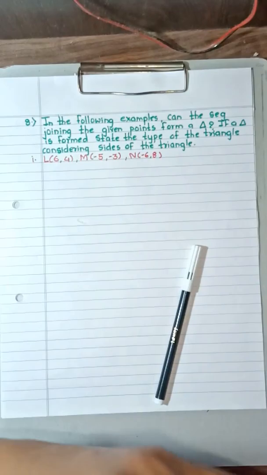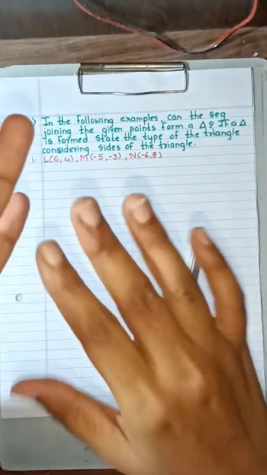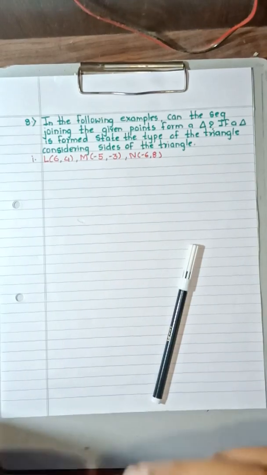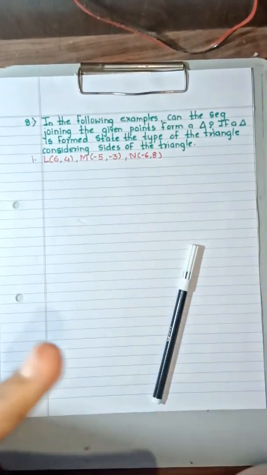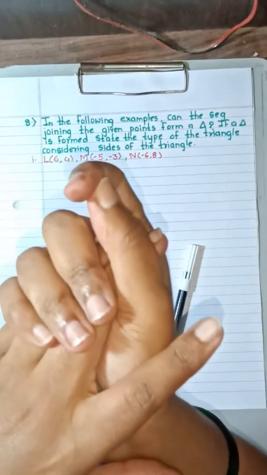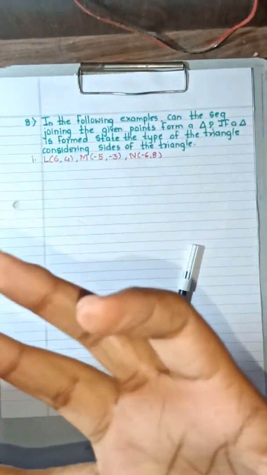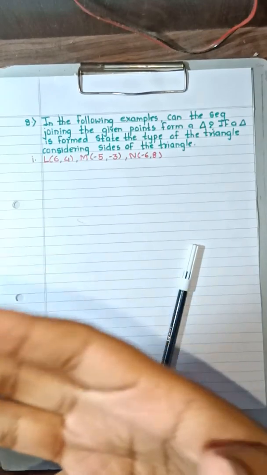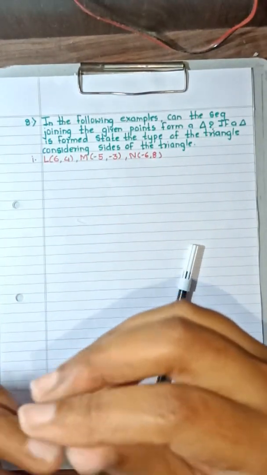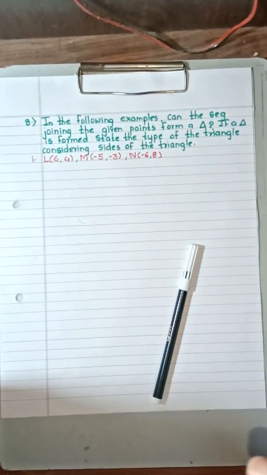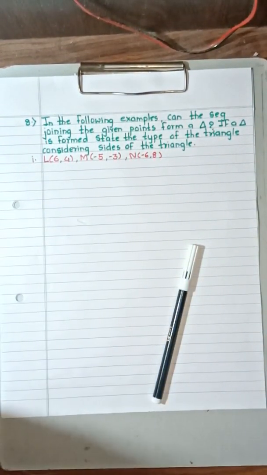Okay, so in the next session we shall study question number 8 up to question number 22. Now question number 9, question number 10 and question number 22 are reduced from your syllabus. So we are going to study in the next session question number 8, question number 11, 12, 13, 14, 15, 16, 17, 18, 19, 20 as well as 21. I think around 11 questions we'll be taking in the next session.